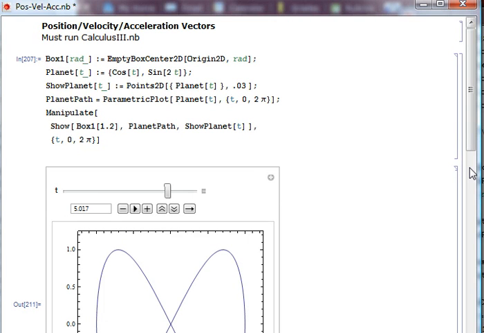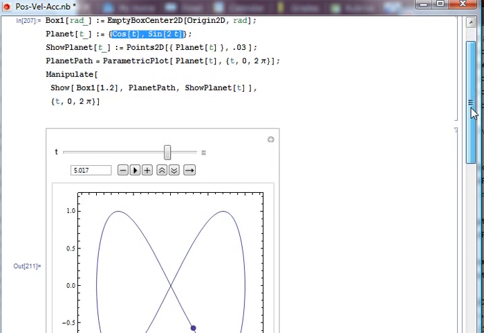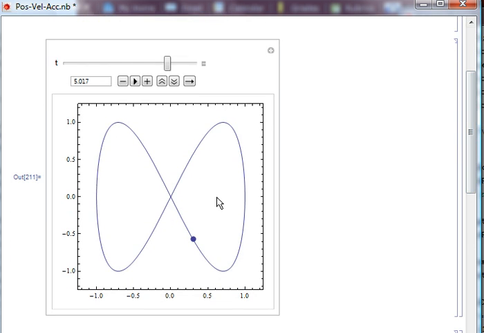Hi everyone, this will be a mathematical demonstration of a position, velocity, and acceleration vector. I looked at this simple example you might have seen in chapter 9 of parametric equations. So this is cosine t and sine 2t in two-dimensional space. So let's interpret that as a position